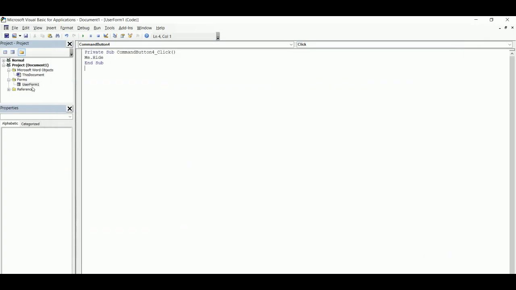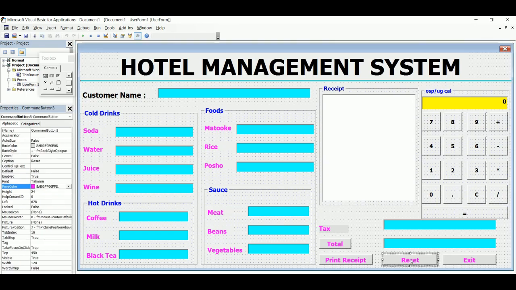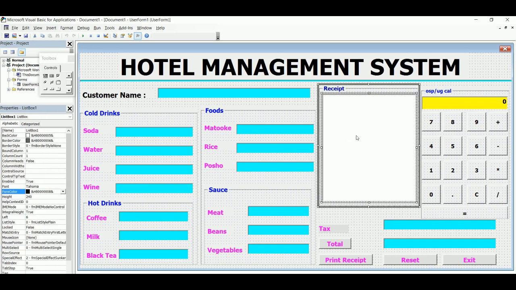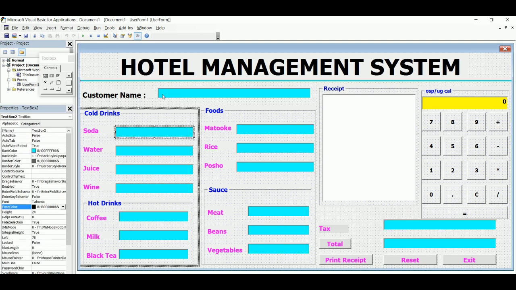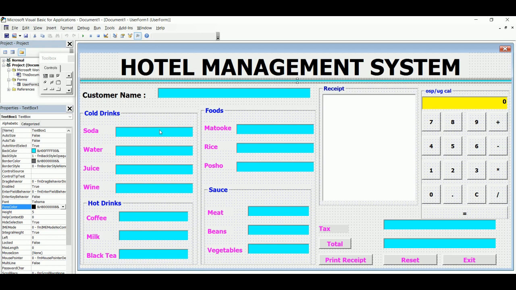Let's go back into the system and try to add the reset button very fast. Now remember, the reset button will be resetting everything in this system, even including the list box. If you try to cross check, this is text box 2. Remember, text box 1 was used somewhere else, but we are not going to consider it. So we are going to start from text box 2,